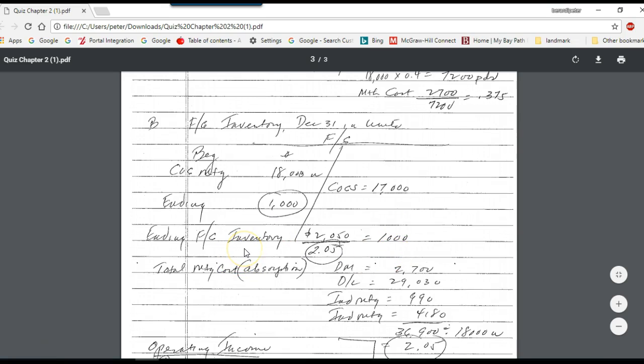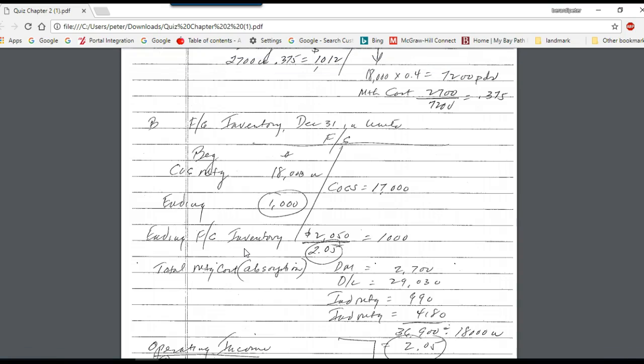But we need to figure out what the ending inventory is. So they tell us that the dollar amount is $2,050. If we divide that by the cost per mug produced, we'll be able to figure out